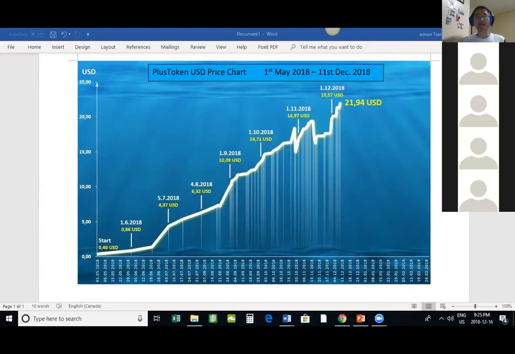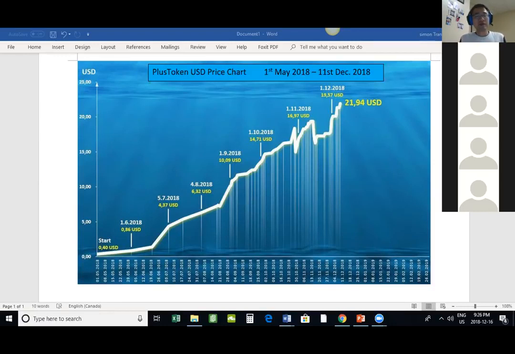Every single day, they make more money. So every single day, they buy more Ethereum. So the reserve fund of Ethereum is getting more and more every single day. What does that mean? That's why the price of Plustoken is very stable and going up, because the reserve fund is building up every single day, right? So Plustoken is backed by Ethereum right now. That's why when you want to sell your Plustoken inside the Plustoken wallet, they give you Ethereum,